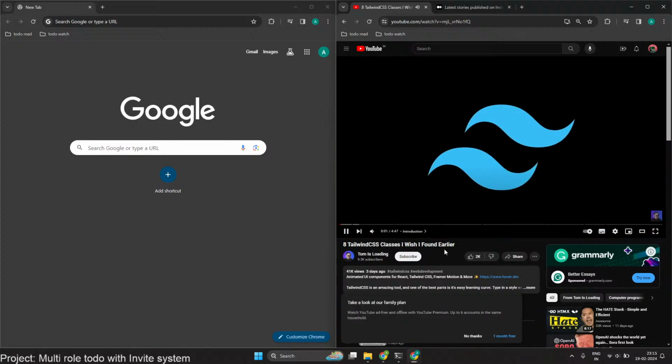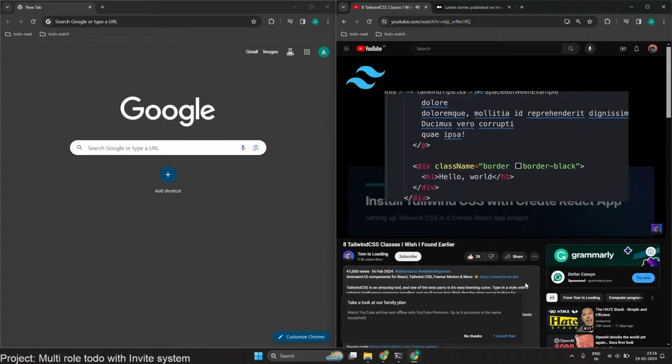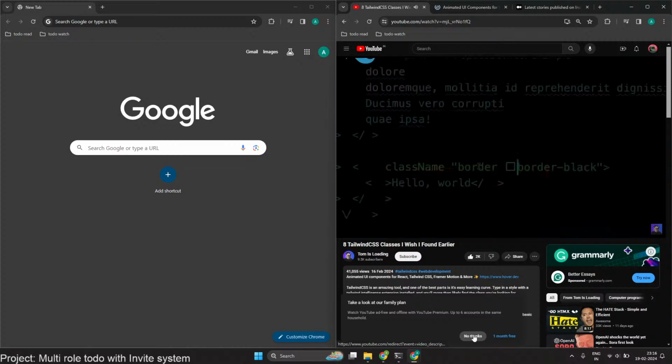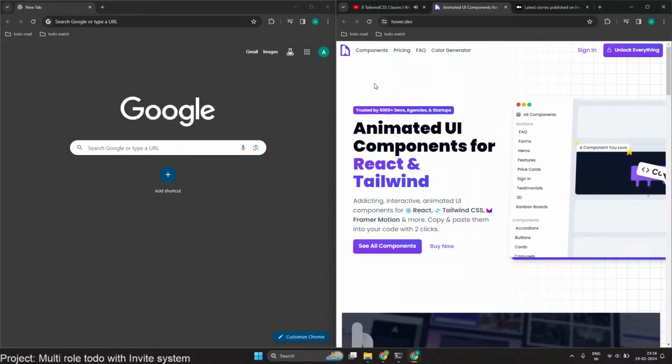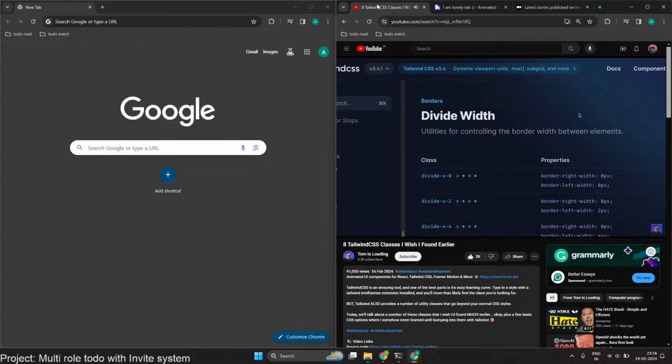Learning Tailwind is essentially just installing it, typing in what you'd guess the class name will be for something, and guess what? You're probably right. But there's some hidden gems in these docs, which I learned far too late. Let's have a look. So first up, we have Divide. Divide allows you to style borders between multiple different elements.